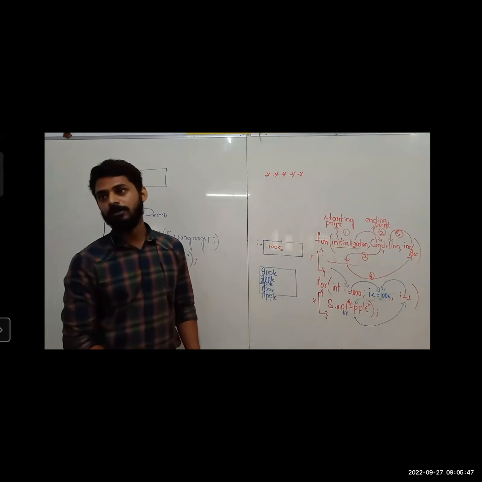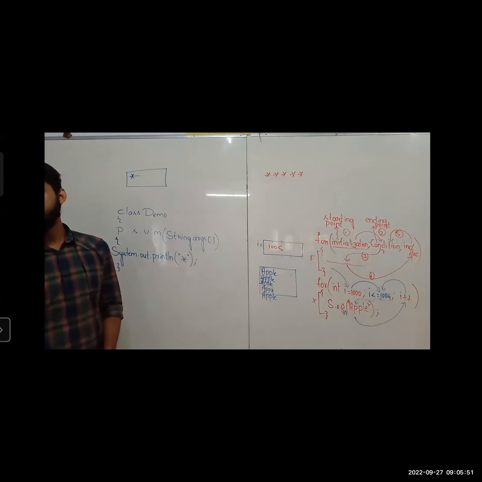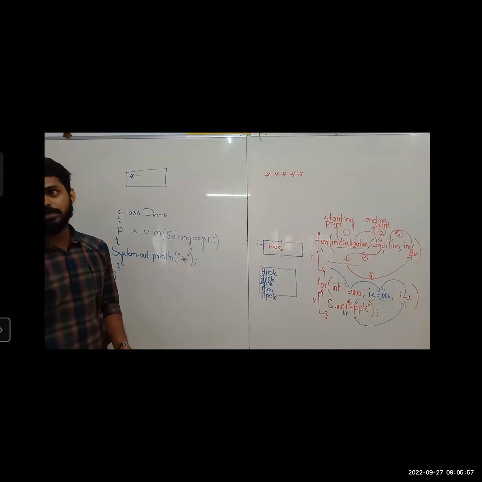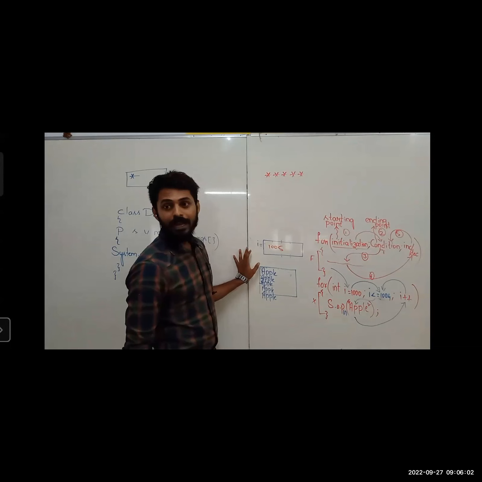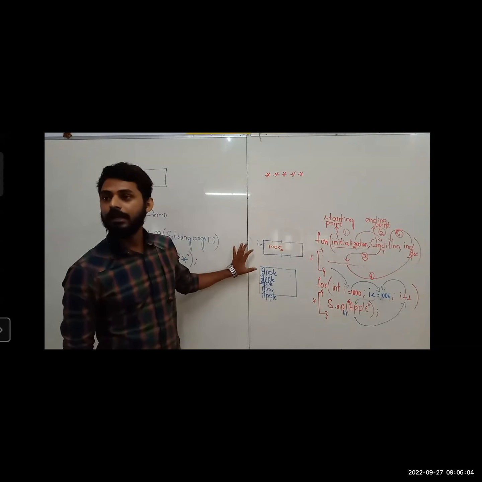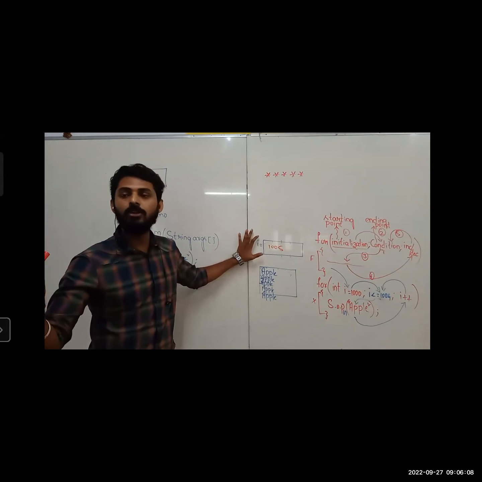Now the loop stopped. I'll not repeat again and again. Is there any issue? I believe you are getting what I'm trying to say. You know me. I don't want to say anything much. Okay. However, here I was just trying to say this much. That is, at any point of time, if you are writing any loop, how will it check?